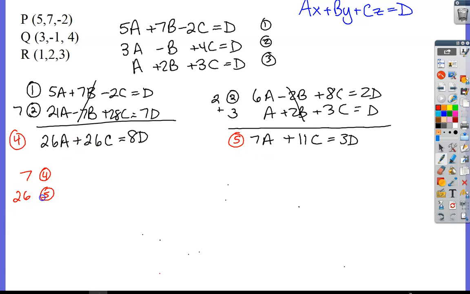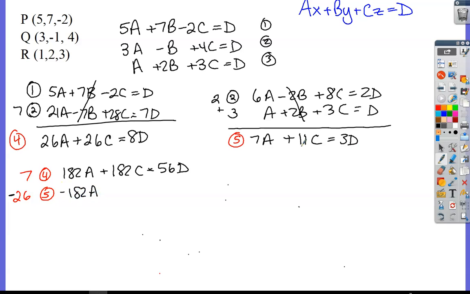So as a last resort, you can always just basically multiply them by each other. And I'll have to do this one by a negative so that they cancel. Okay, so this one might take a second because I need to multiply everybody here by a 7. So I get 182a, 182c, and 56d. And then everybody here gets multiplied by, careful, a negative